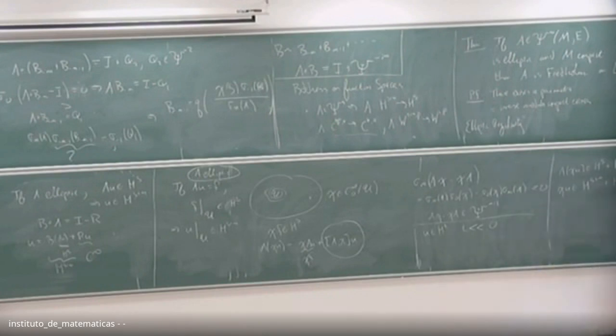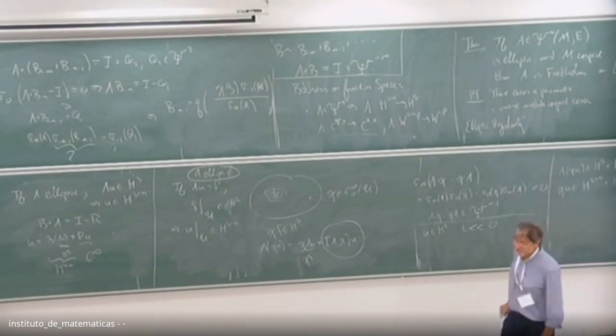Okay? And I keep on doing this. I keep on iterating this until I get to the case where HS plus M is the smaller of the exponents. So I just iterate this finitely many times, so I'm going to conclude at the end of the day that chi is in HS plus n. Okay, so that's elliptic regularity.